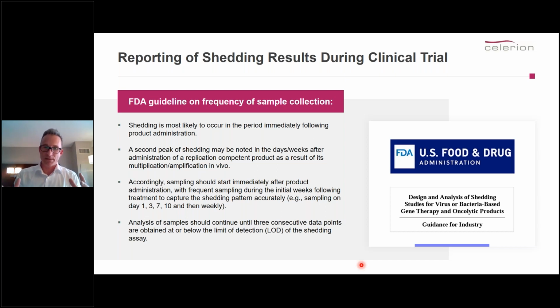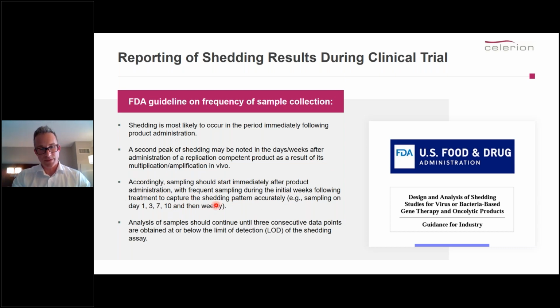Once you've got your method nailed down, actually think about the sample. Well, you probably think about that beforehand already, but once you think about reporting of your results, you'll also find that shedding assays have a unique requirement in terms of the analysis, and that's distinctly different to most other assays that we run in a bioanalytical lab. So the guidance actually talks about how the results should be reported, and when it happens, and also it gives you even a